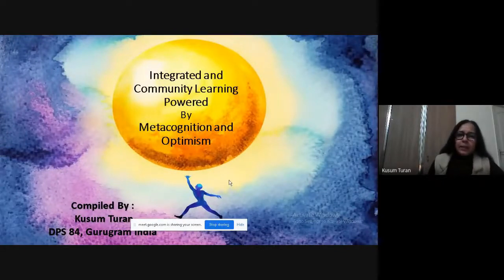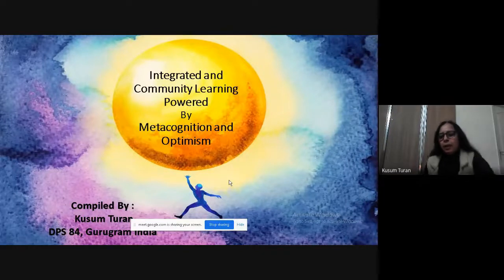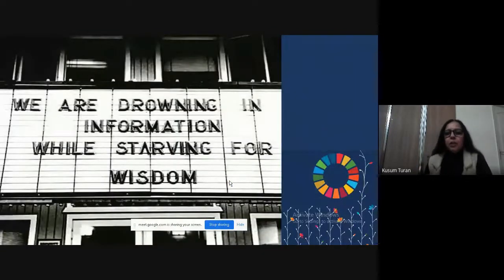Now we are aware of the goals. Now, how do we integrate them in the classroom? So basically, the approach that I follow is of 2 types. One is community learning. Another is metacognition. So I'll just go through these 2 things. These are the strategies which I try to apply.